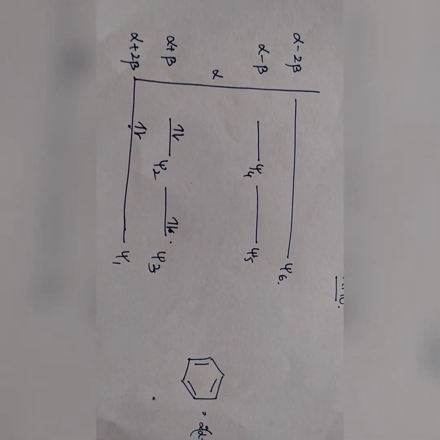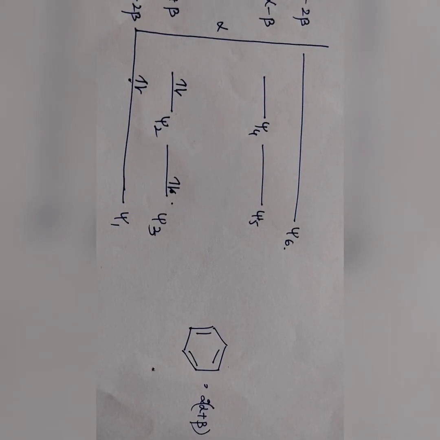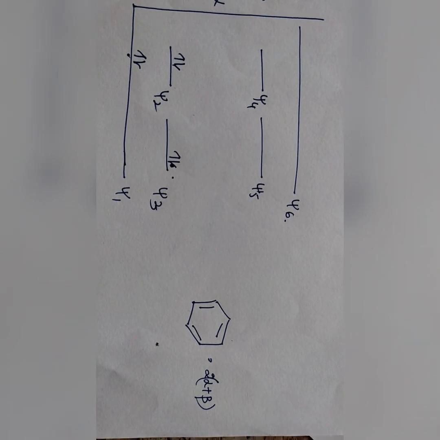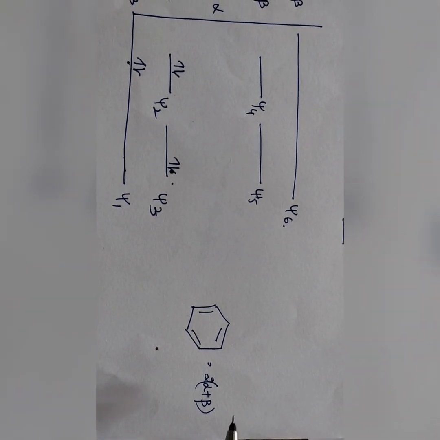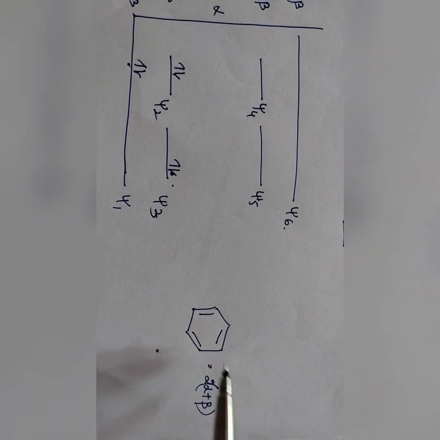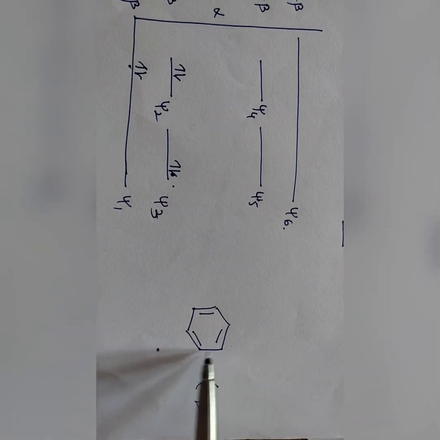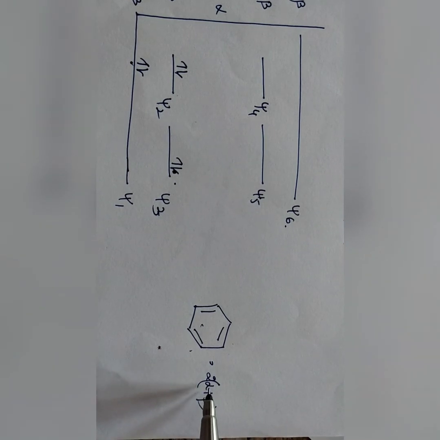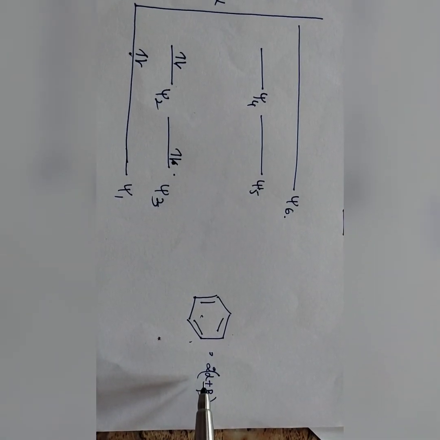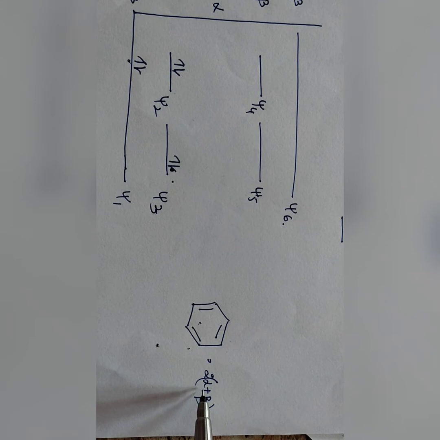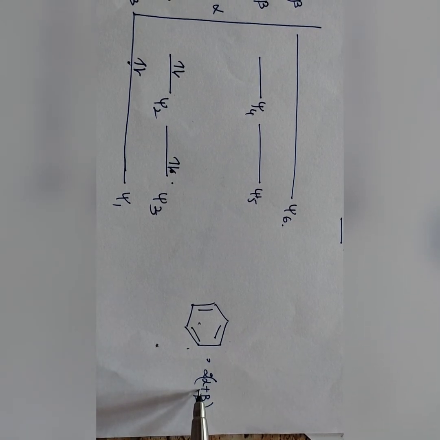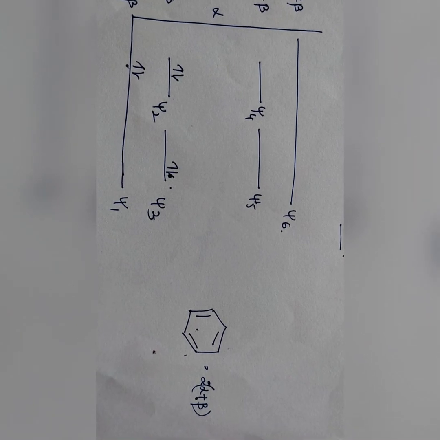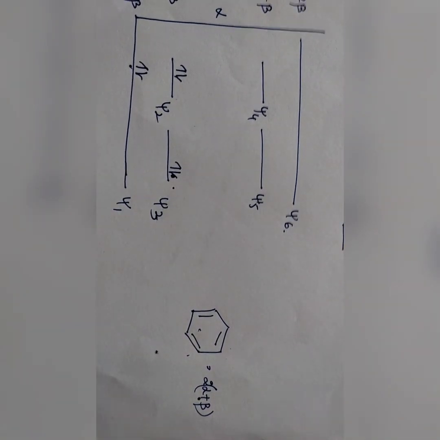Now, with the help of this, we have to calculate the pi electron energy, pi bond energy, and also the delocalization energy. So, this is the structure of benzene we know. As you know, for one double bond the energy of ethylene has to be considered, 2 alpha plus 2 beta. So, we have 3 pi bonds, that means this 2 alpha plus 2 beta has to be multiplied by 3 to find out the ethylenic pi bond energy.